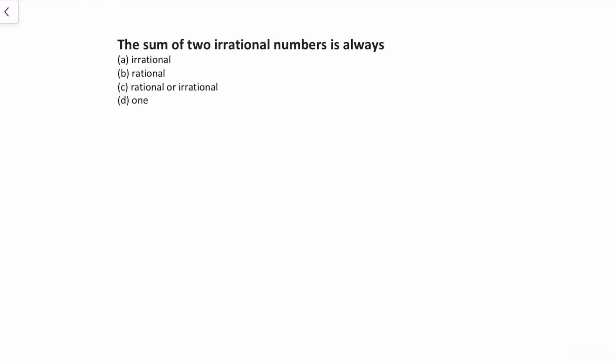Next question is, the sum of 2 irrational numbers is always. So we should be very careful, especially with these kinds of questions. The sum of 2 irrational numbers. So first I am taking one irrational number, that is root 2, and I am adding this with another irrational number root 3. Here if we observe root 2 plus root 3, we cannot simplify further, and we cannot add also, because here the radicand is 2 and here the radicand is 3. So we cannot add these. So that's why our answer is an irrational number.